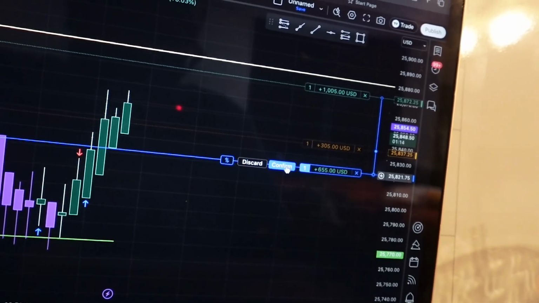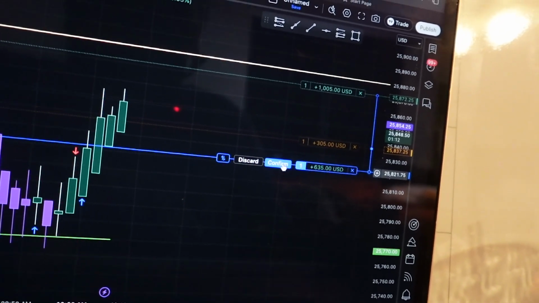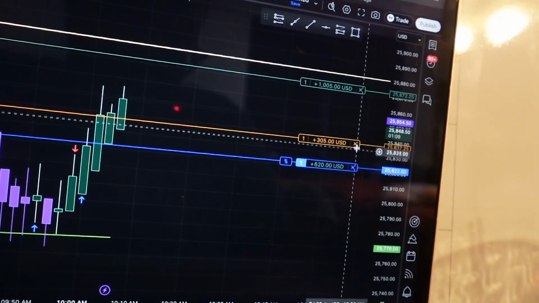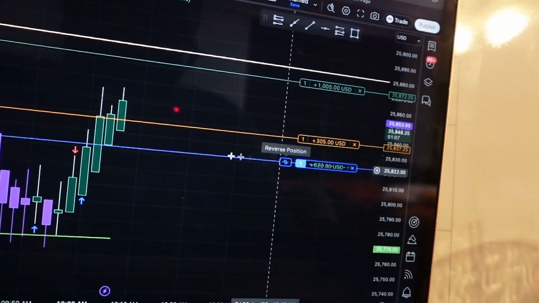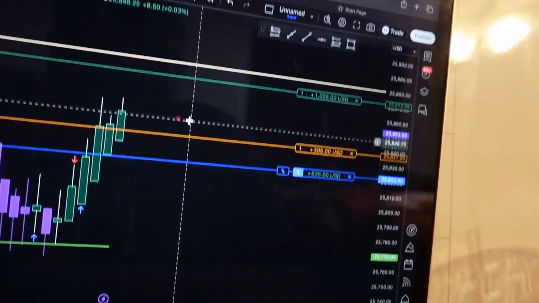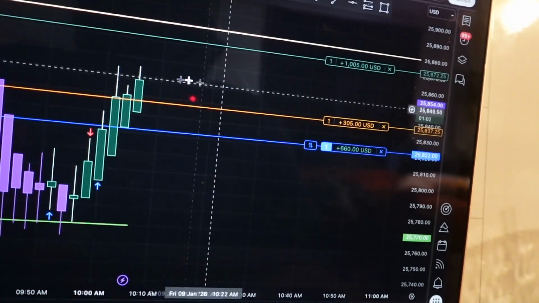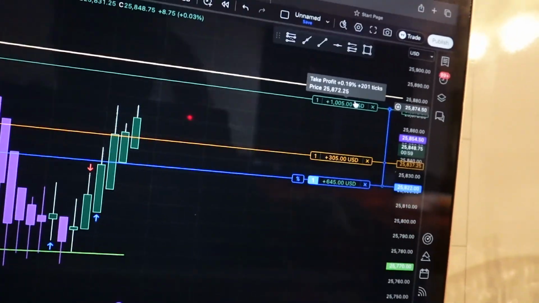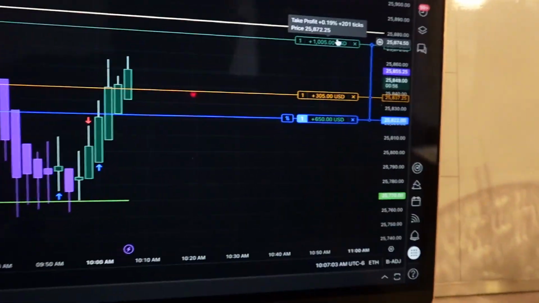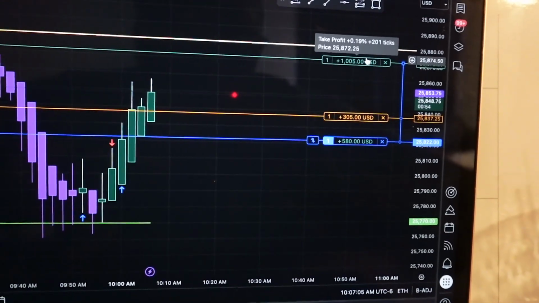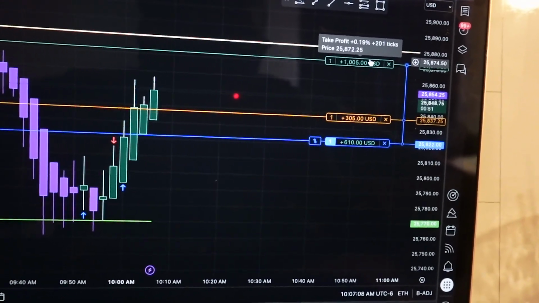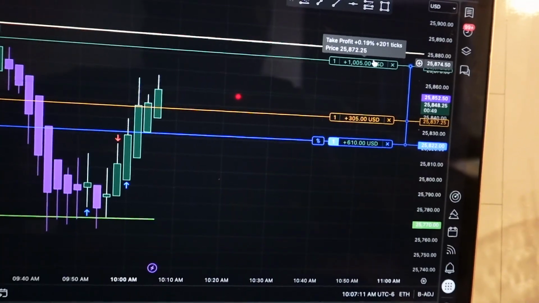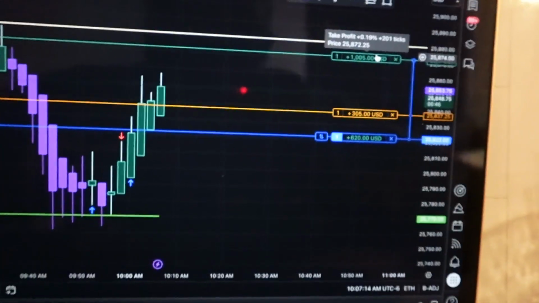Because also here they want you to make sure you close out with something. You know what? I'm gonna close out with that. So that's my stop loss. But we are up here. So we're gonna see. Let's see. I can't start record, but this is to make sure we don't go into the negatives. And guess what? I took that 305. I'm still in the trade, but I put my stop loss to 305 because at the end of the day,